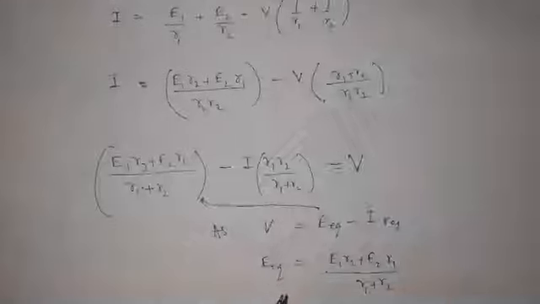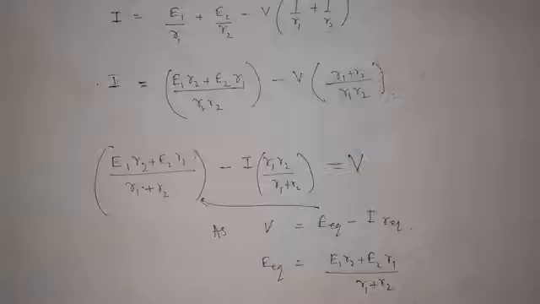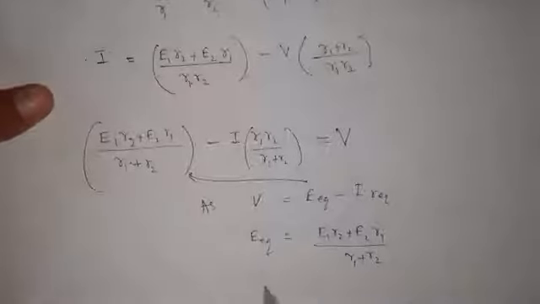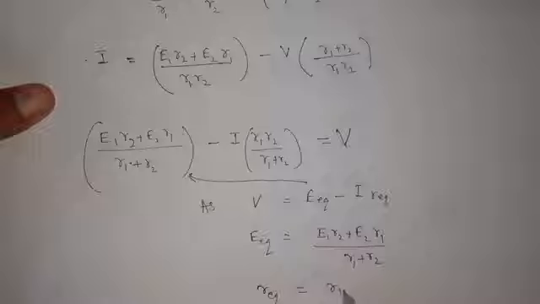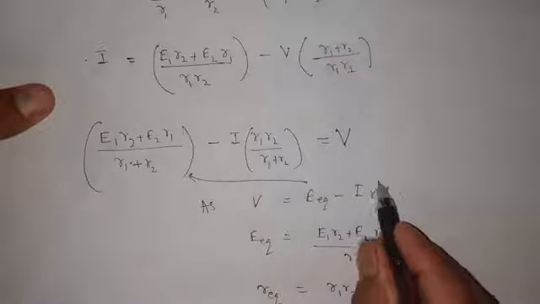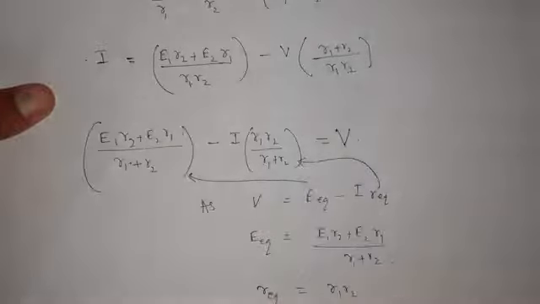This is the equivalent EMF of that cell, while this R equivalent, the internal resistance of this single cell, will be equal to R1 R2 upon R1 plus R2, because here you compare it with this value. Okay,